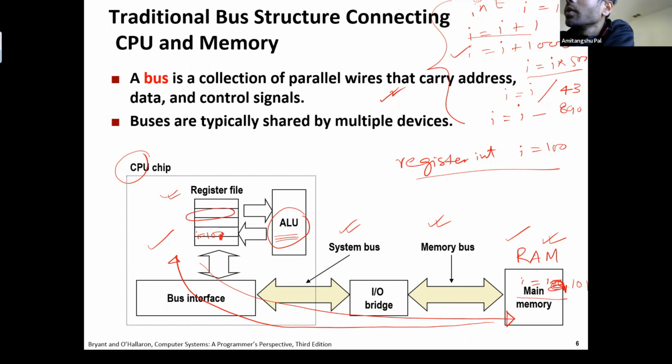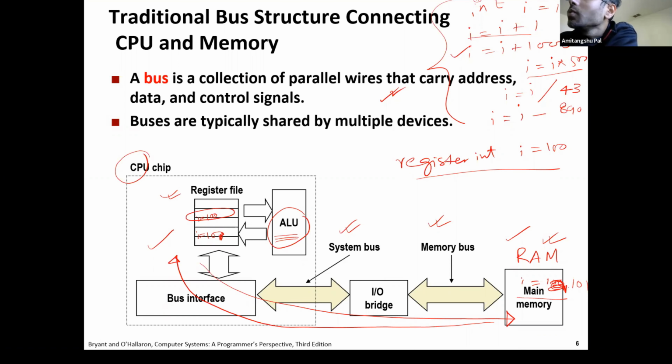There are only a limited number of registers. So if there is an available register inside the CPU, then instead of storing I in the memory, it will be stored in one of the registers. If it is not available, then it will be stored in the memory only.